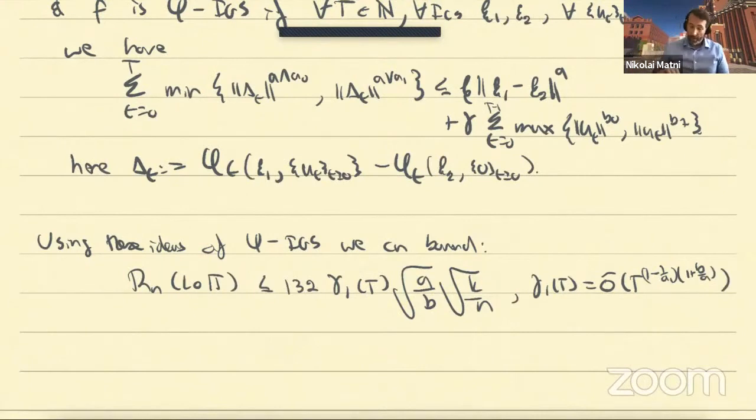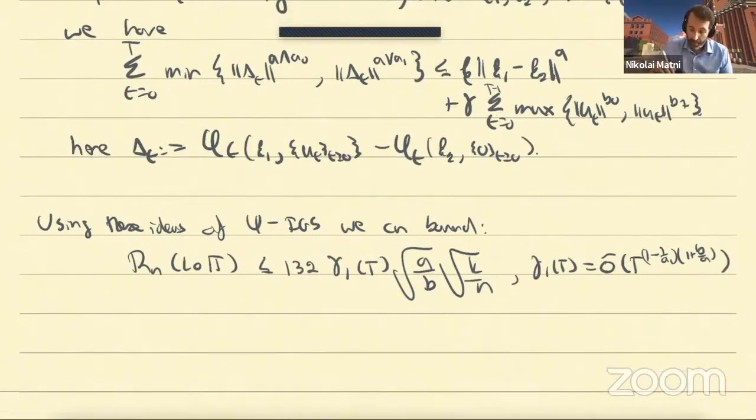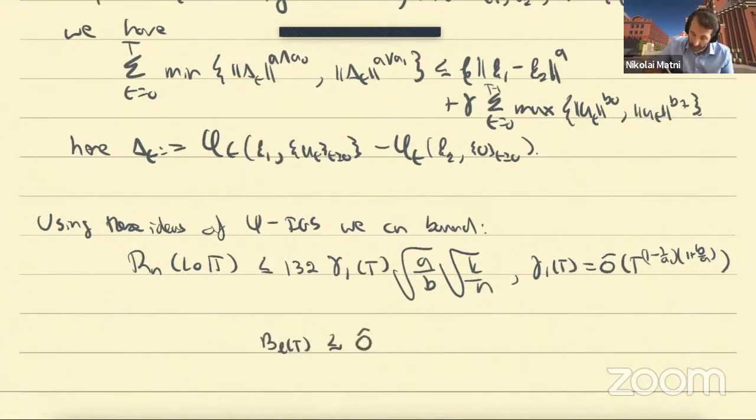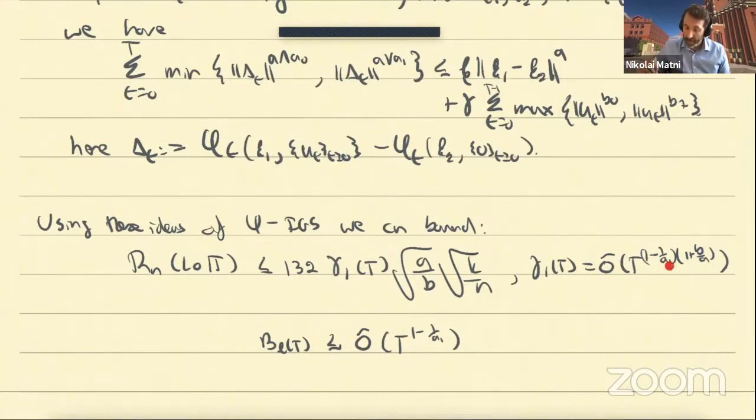So what does this mean? Just very quickly, you can also show that the BL of t, when viewed through this lens, scales as order t to the 1 minus 1 over a1. So an immediate implication is that if I have a contracting exponential system, a1 is equal to 1, so the temporal dependence drops away, because the power is always equal to 0.